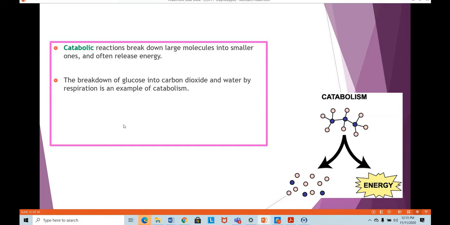Ladies, can you see the presentation which I'm sharing here? Yes, Miss. Okay. Okay, so breakdown of glucose into carbon dioxide and water, and also the breakdown of the carbohydrates,